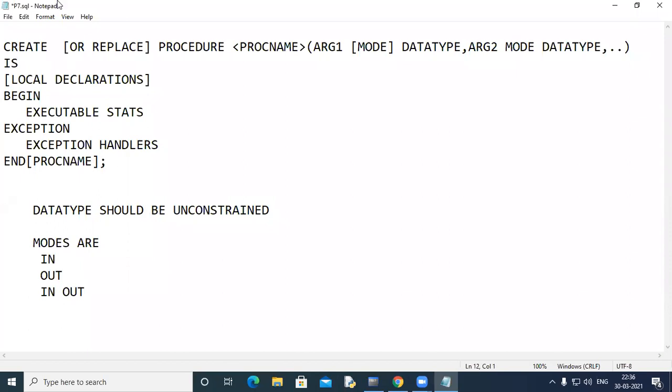So here you see whatever is written in square brackets is optional. You may write it, you may not write it. That means if you have created a procedure with a given name, and if you want to, again, Prince, you have raised your hand. Another problem? No, sir. Okay, just lower your hand, please.